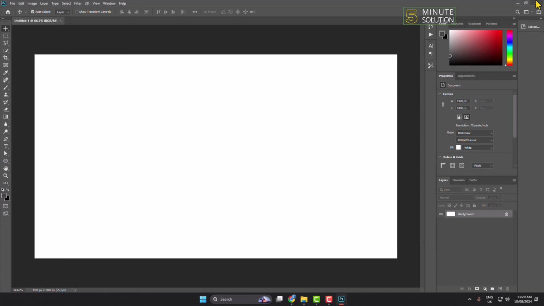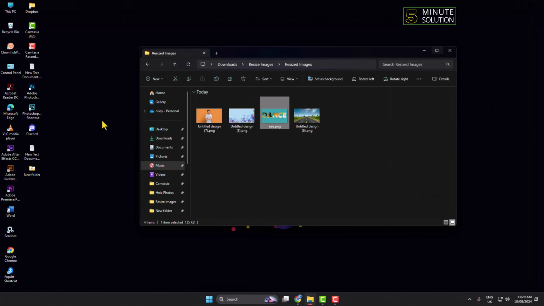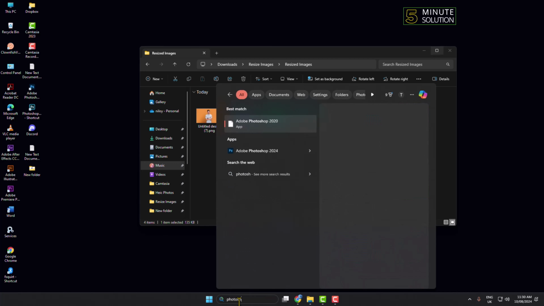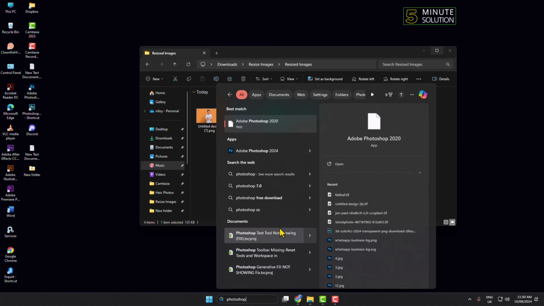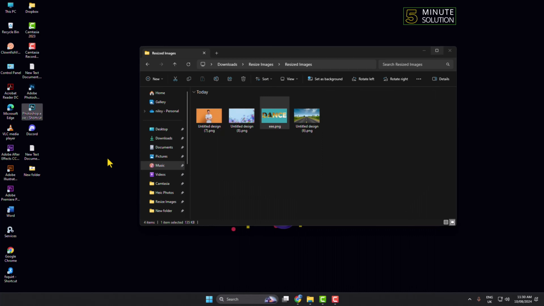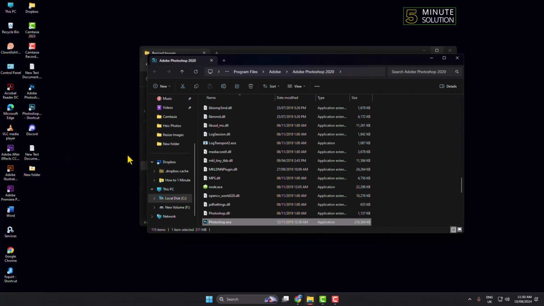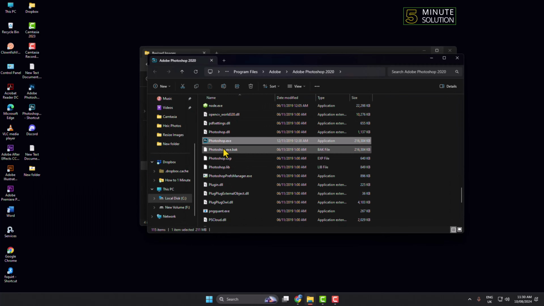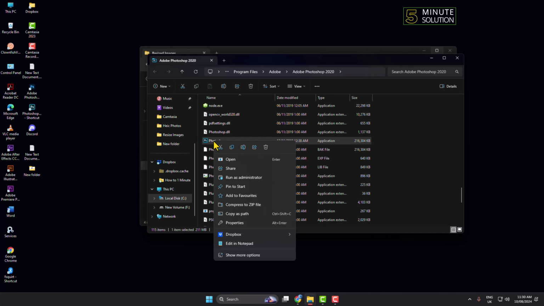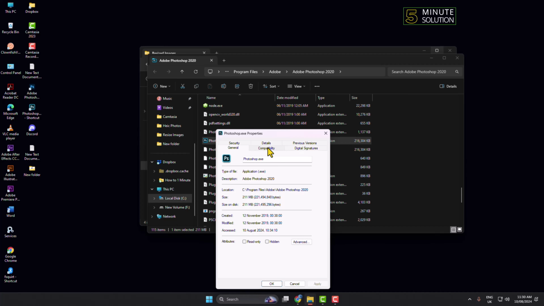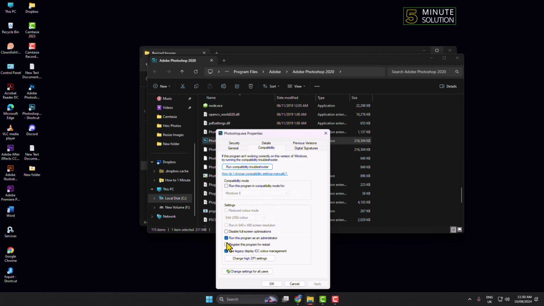First of all, exit your Photoshop, and then in the search box type Photoshop. Right click on Photoshop and click on open file location, or you can do it from your desktop. Just right click on your Photoshop, click on open file location, and here you will find this photoshop.exe file. Just right click here, click on properties, select compatibility, and under settings here you will find run